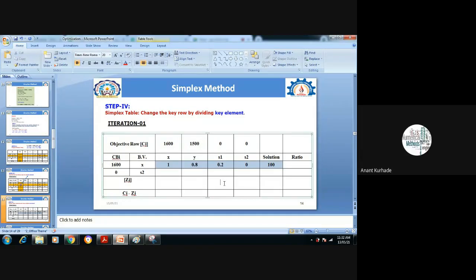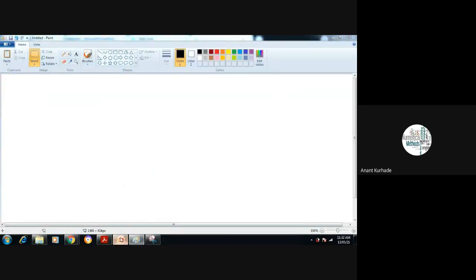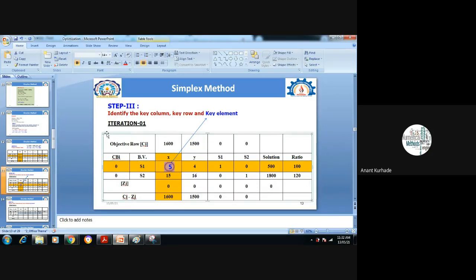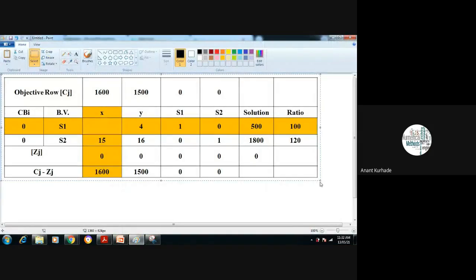Yes, sir. Okay, done. So now we have written the new values here: 1.8, 0.2, 0 and 100. Now we have to write these values, and here the formula is different. Write down that formula. Or we'll explain it here, but I will remove all this. For this, the previous table is required again. I will just copy it as it is and paste it here.